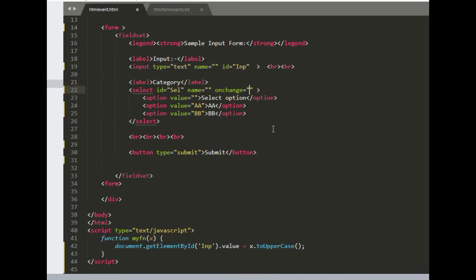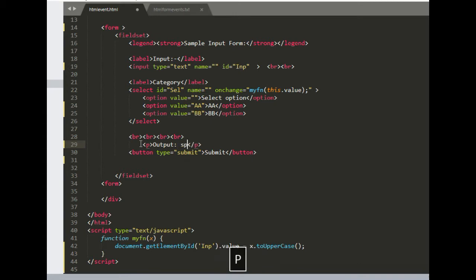Okay, say my function again, and send this value. Okay, value. Now when the function will change, by selecting the option, the value will be sent through this function. Now we want to display this value somewhere, so for this we will put here one p tag and one sentence, like say output,